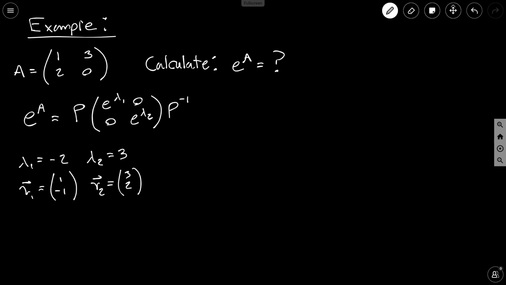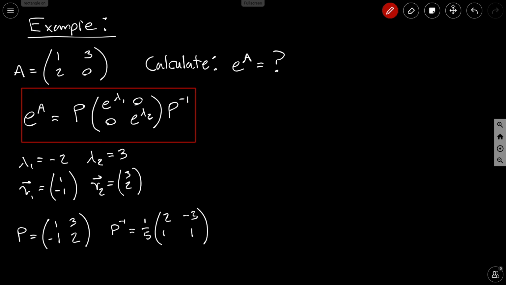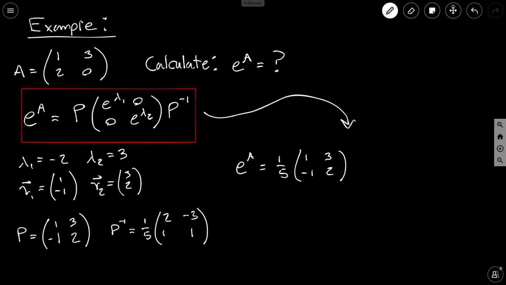And so we can assemble our P matrix using these eigenvectors v1 and v2. And we can also find the inverse of P, which ends up being this if you do the computation. And so now we can plug everything into e to the a. And once you do all the computation, you should get